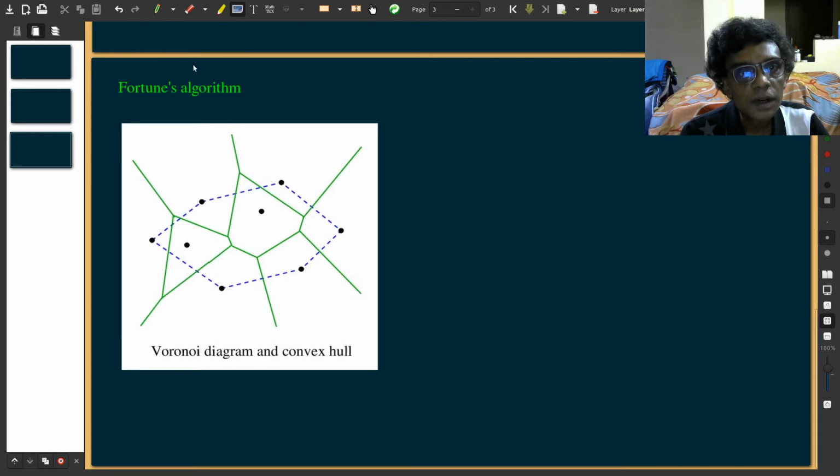This picture shows a connection between the Voronoi diagram and the convex hull. So, what I may start with is